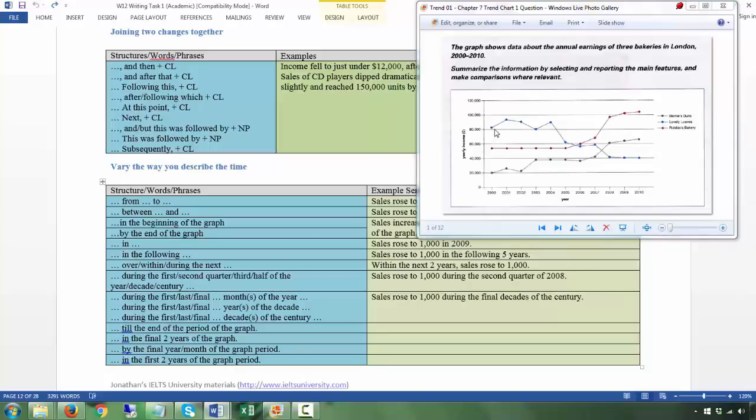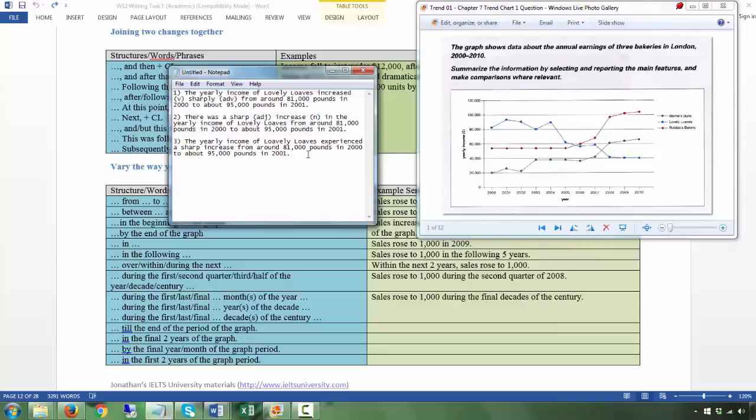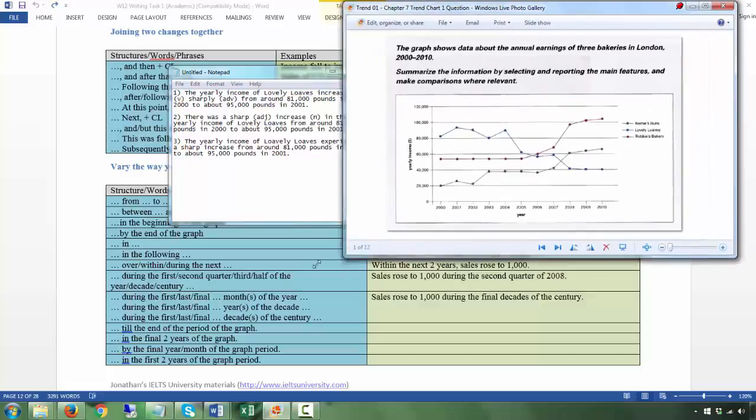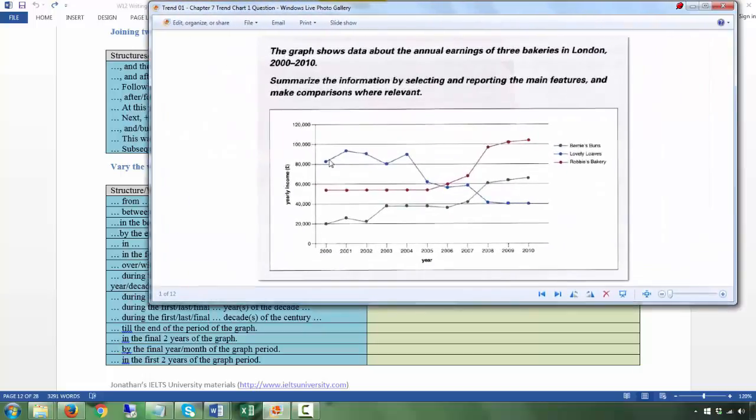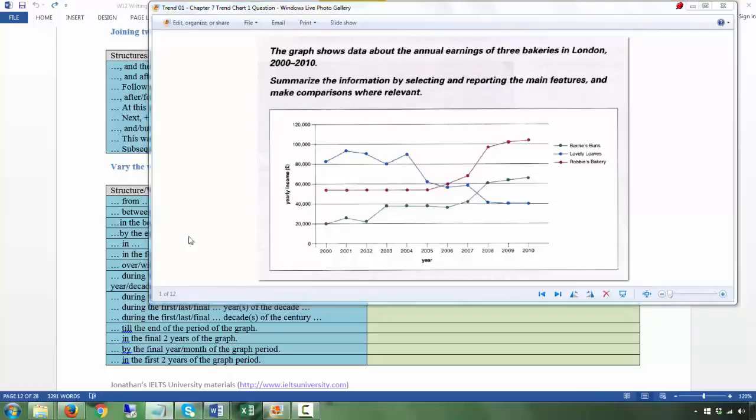So I could say something like, let me just show you this. Let me just describe this. Let's go bigger. I'm going to describe here one part, and then the second part from here to here, because this is a dramatic fall. So I could say something like,